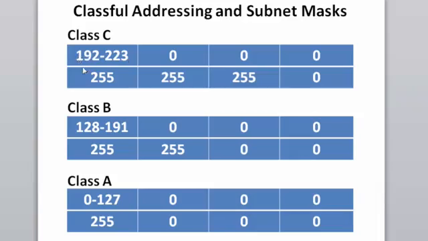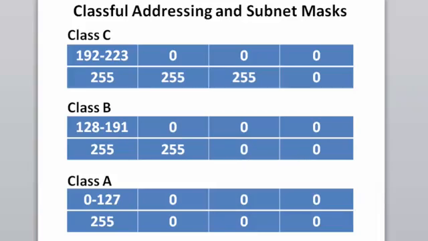to be a number between 192 and 223. You also need the subnet mask to be 255.255.255.0. As long as you have these two requirements, you would have a Class C IP address and Class C network. To have a Class B IP address and network, you'd need the IP address, the number in the first octet, to be a number between 128 and 191, and the subnet mask would need to be